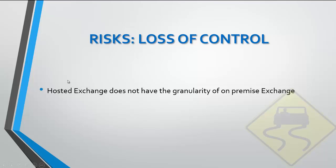Okay, risks. There's a loss of control. When you have hosted Exchange, you don't have the granularity that you have on premise. Gartner figures it's about 90 or 95% of the same granularity, but it is a little bit less. However, most people don't want the granularity, don't have a use for it, because the details that you're able to delve into on the on-premise Exchange are really mostly unnecessary on the